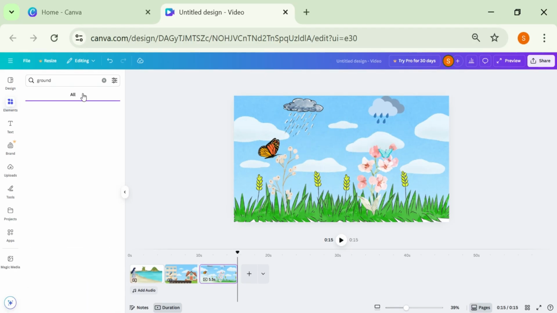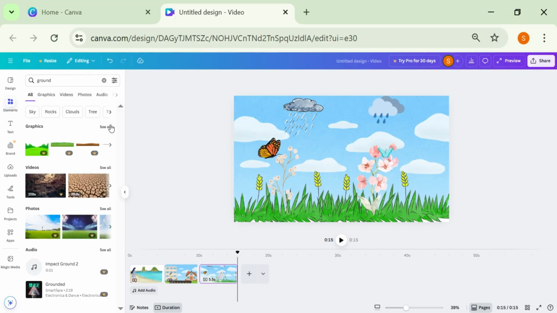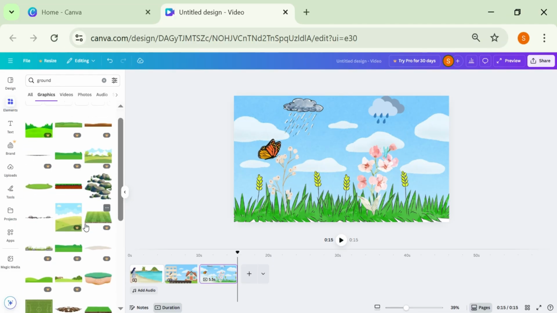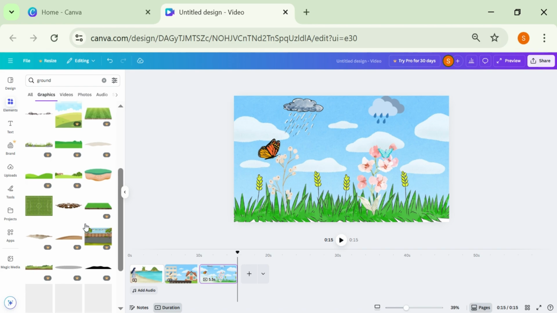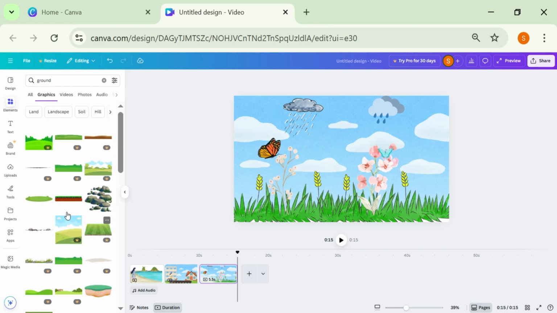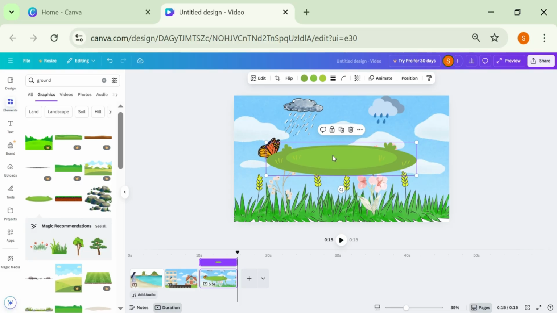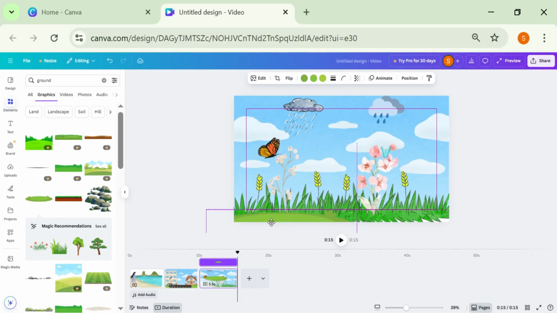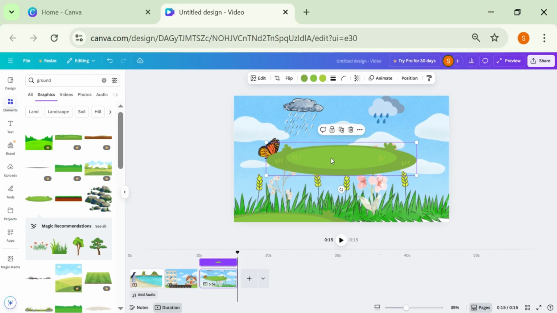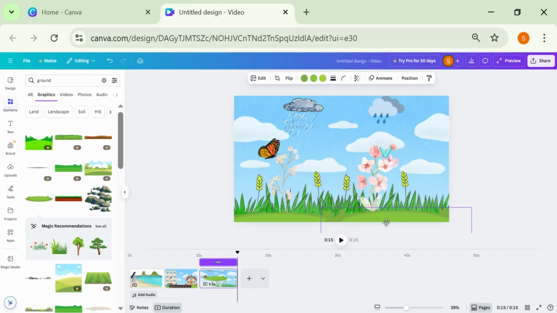Go to the search bar and type grass. Click on See All. Scroll down through the options and check which ground texture fits best for your scene. Now select this ground, adjust its size, and position it neatly under the grass so it looks natural. Choose another ground element, place it on the lower right side, resize it, and adjust it until it fits naturally